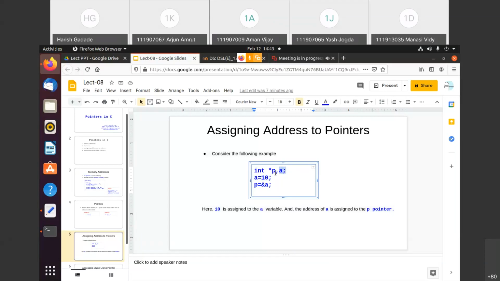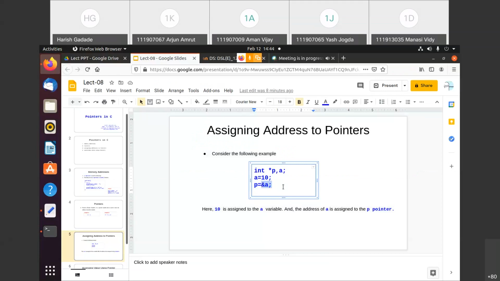Now this p we can use to store the address of this a. You can see over here that the statement is p equals to and a. P is a pointer variable and this is the address of a.